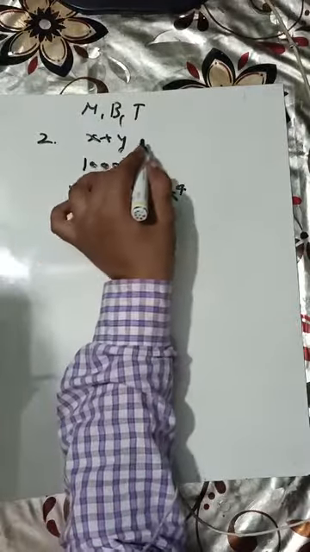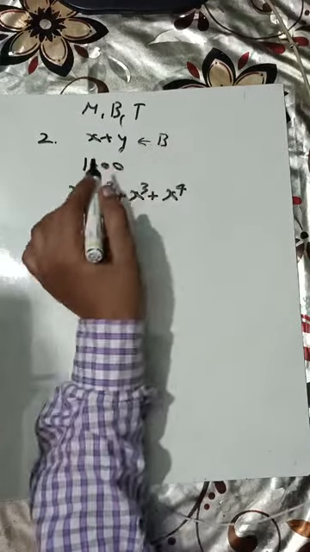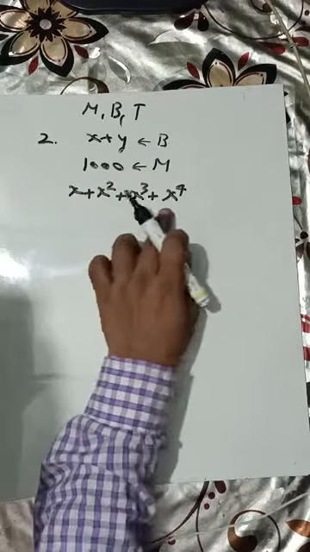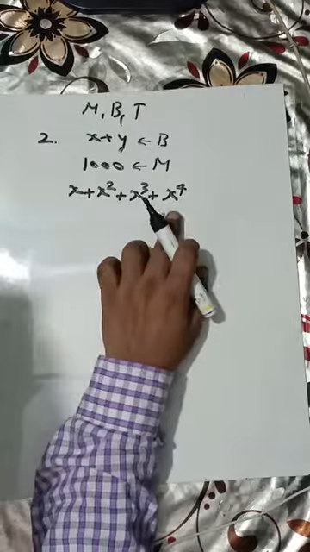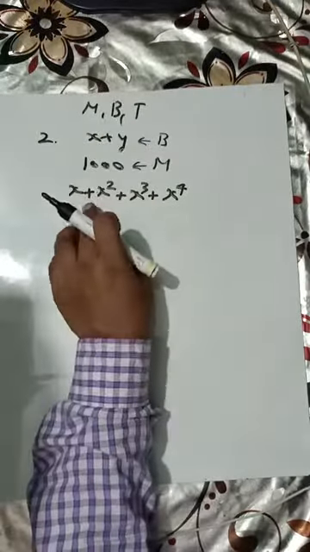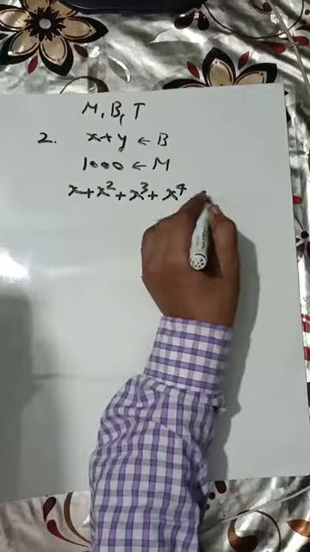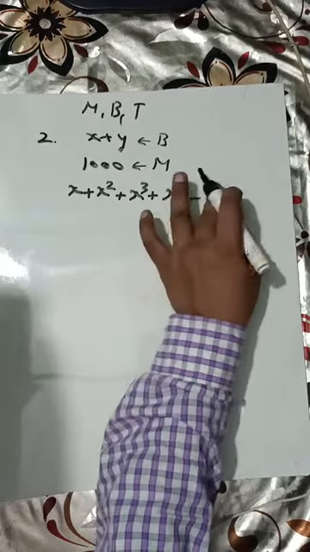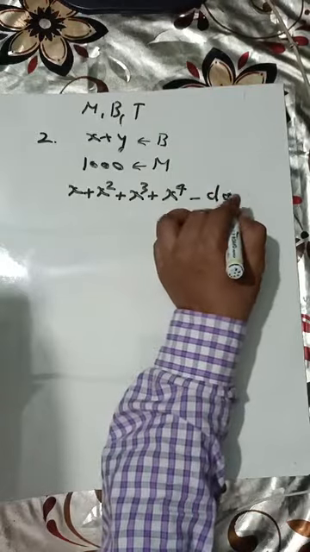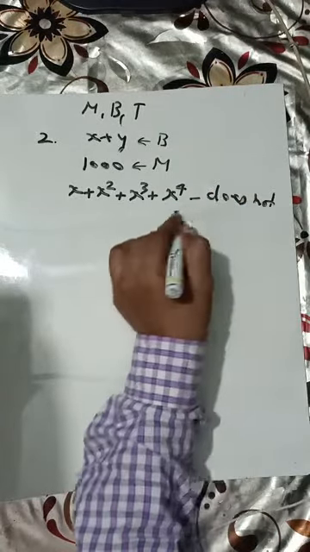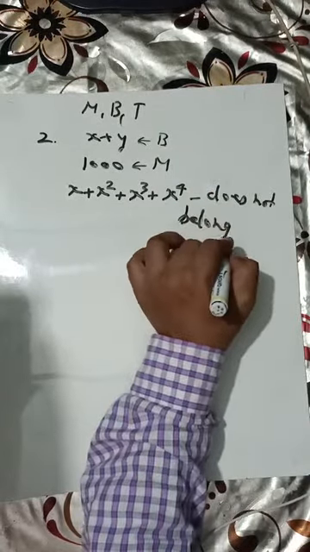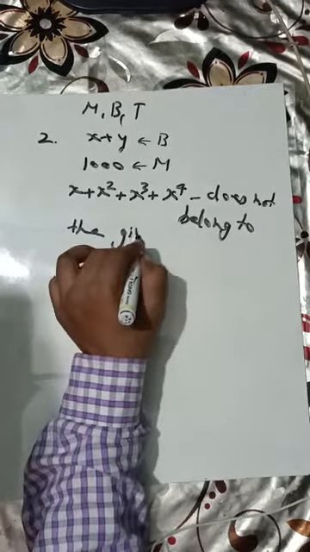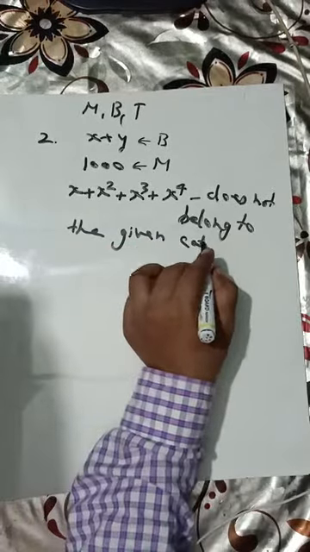See, this is a polynomial. So this is what? Binomial. This is also a polynomial. It is a monomial. This is also a polynomial, but this does not fall in these categories. It has more than 3 terms. So you will say that it does not belong to the given categories. Okay.